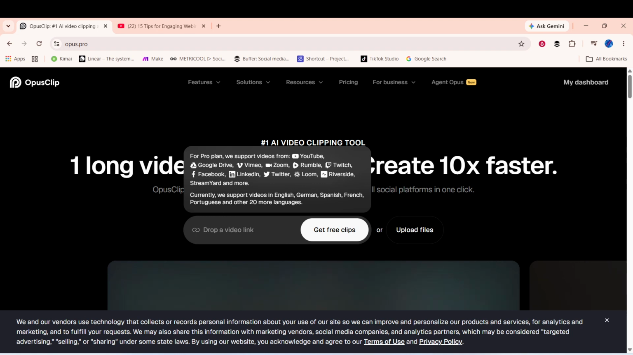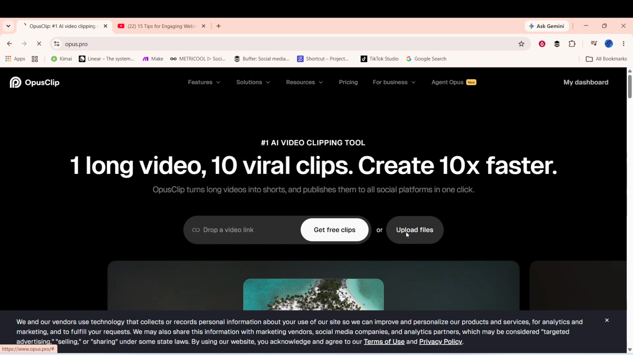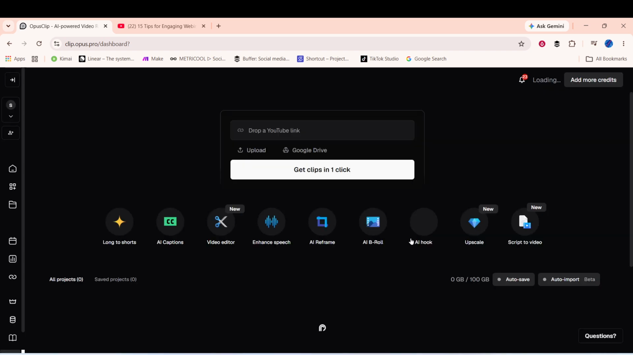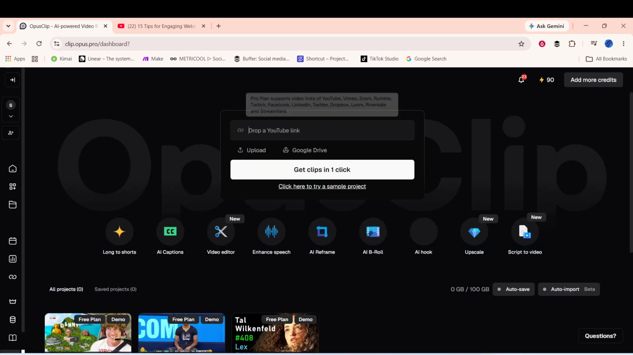If your webinar recording is saved locally on your computer instead, you can use the Upload option to add the file from your device. And if the recording is stored in Google Drive, click Google Drive and select the webinar from there. Opus Clip gives you multiple ways to import content, so choose the one that matches where your webinar